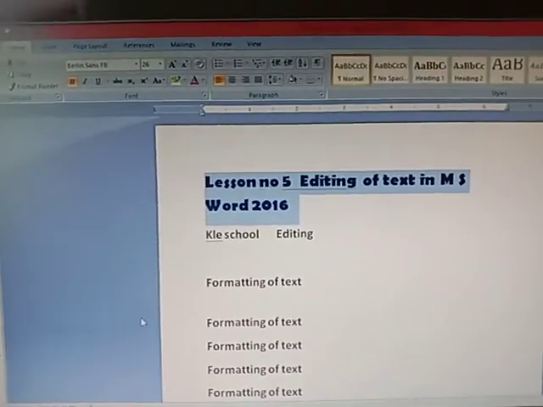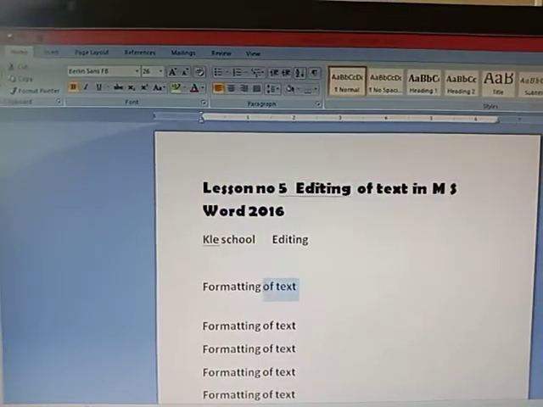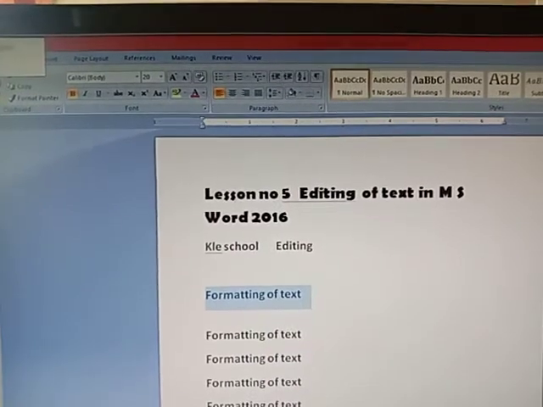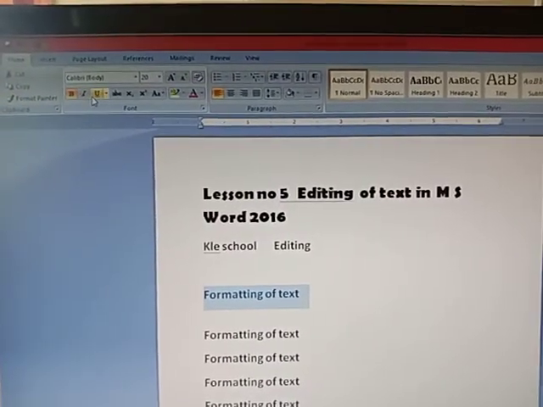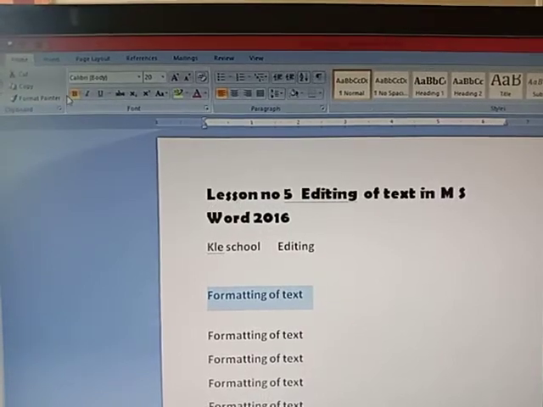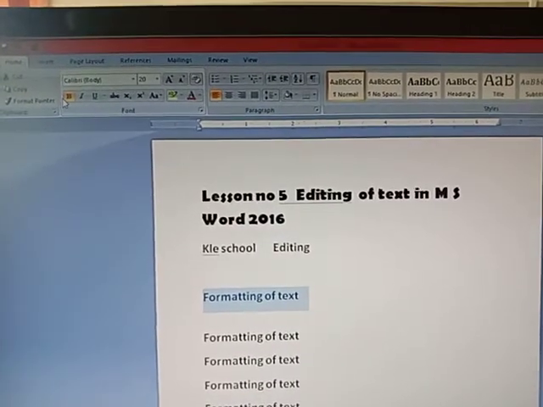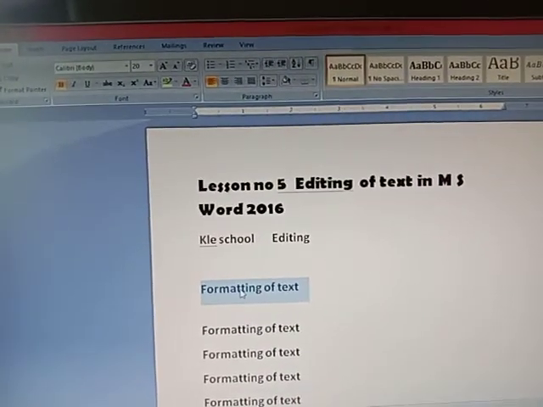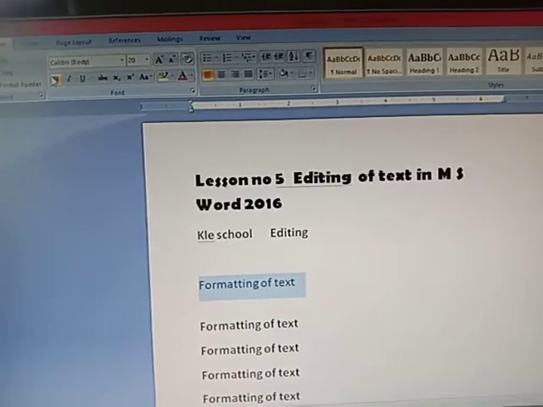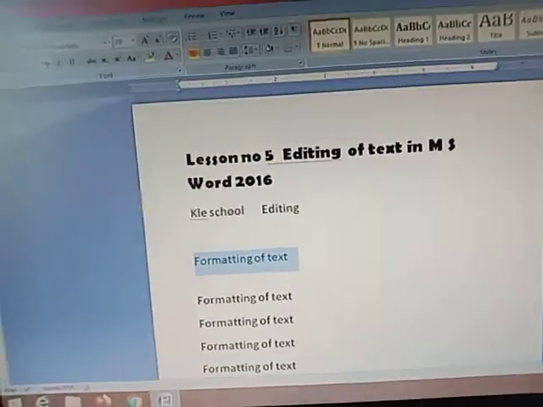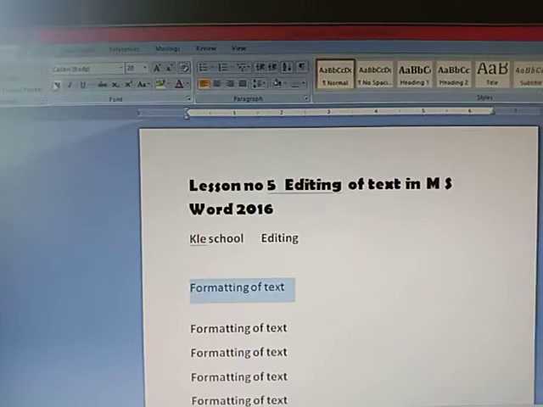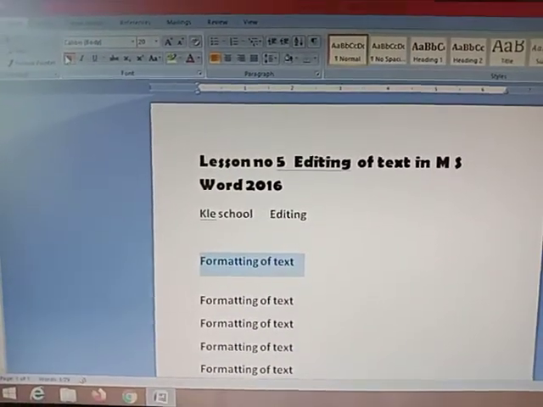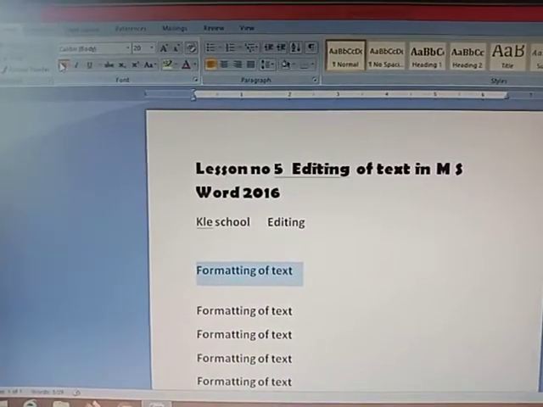Now whatever text you have typed, if you want it thicker, now this is already a thicker one. So there are three font styles here: bold, italic and underline. Now B is coming in the yellow color. Why is it coming in the yellow color, children? Because it is already thicker text. If I don't want it thicker, I have to click on the B. What happened? The text has become a little bit normal. If I want thick, then I have to again click on the B. When I click on the B, you all can see that the text has got thick.